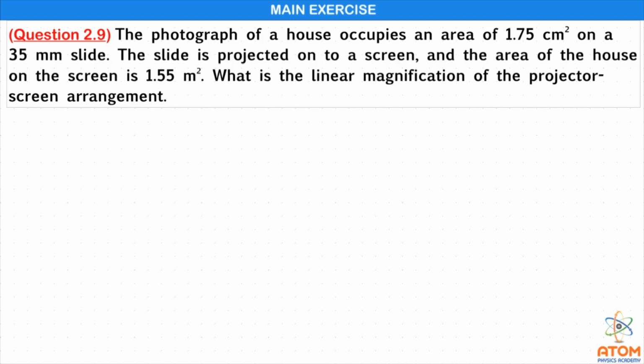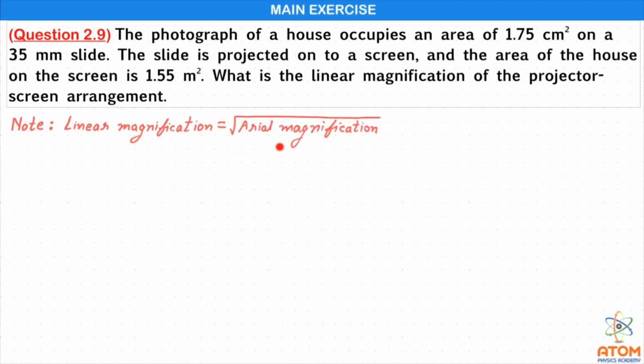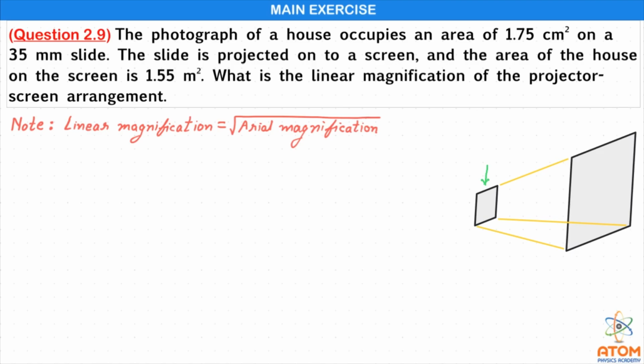Now here you must be knowing one equation, that the linear magnification is root of areal magnification. Let me write here. So here is the equation. Linear magnification is equal to root of areal magnification. Using this equation, we will find out the linear magnification later on. But first, let us understand the situation properly. Let me draw a figure here. Here is the figure. See, this is the slide